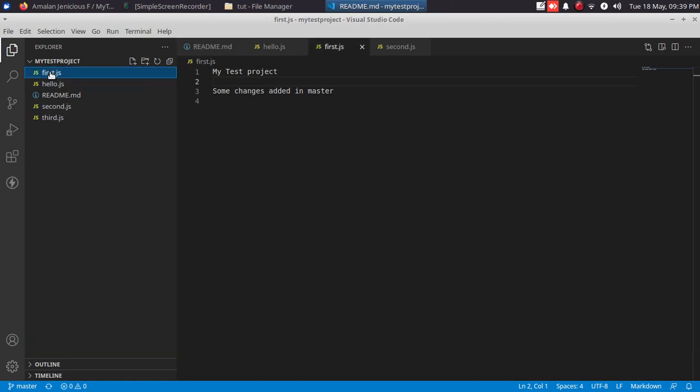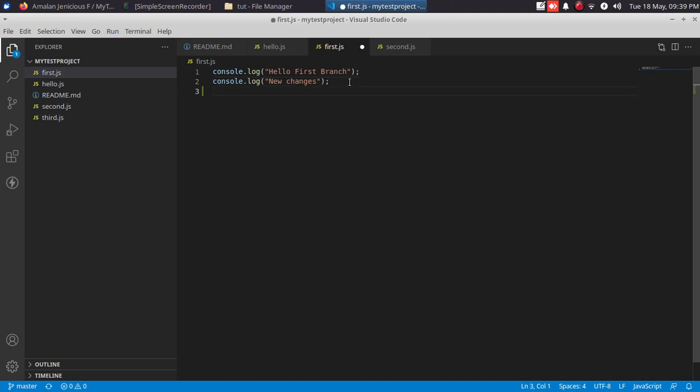So for sample, I'm going to edit some of the lines in first.js. In third line, I'm going to put one more console, third line.